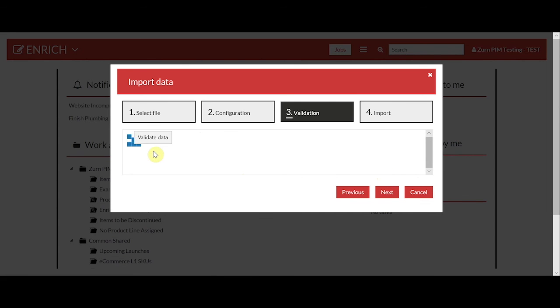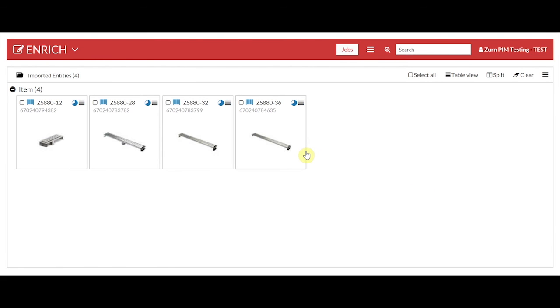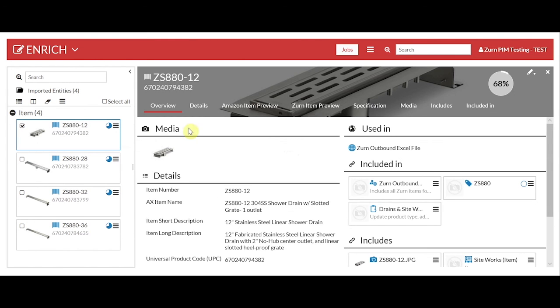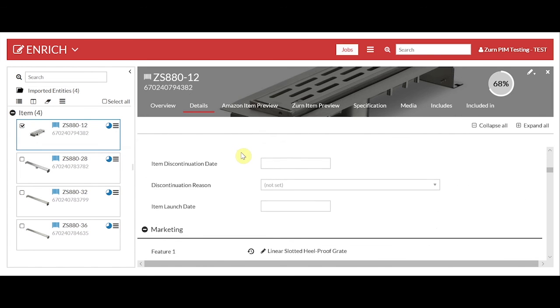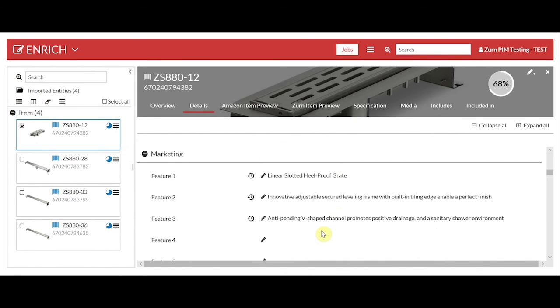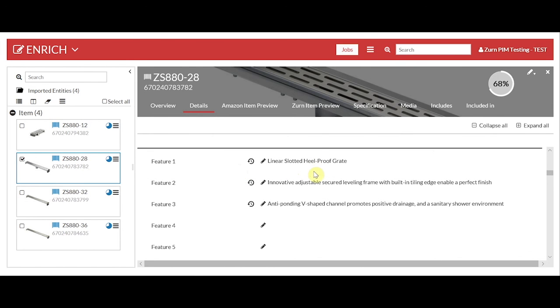I'm going to validate, and then it's going to show me what the item numbers are for the items I'm importing. I click next, and then I import for these 4. It finishes. The 4 that I imported will show up. So I click one, and I go to details and scroll down. You'll be able to see that I did populate the first 3 features of all 4 of these. I don't need to show all of them, but you get the